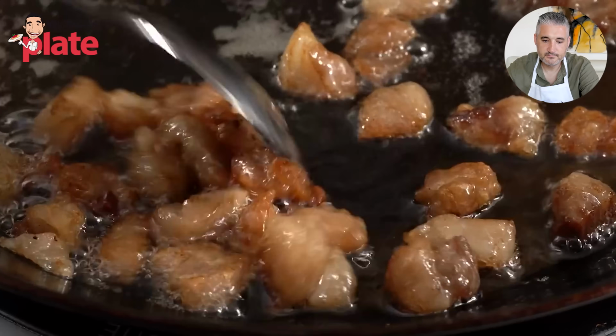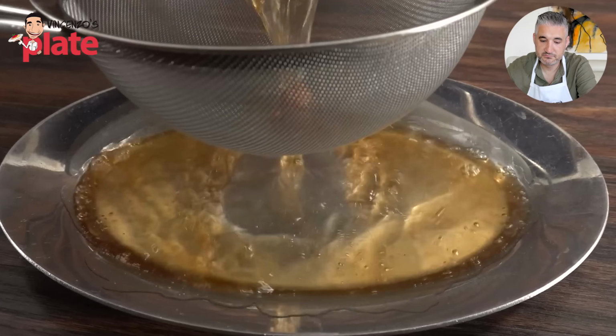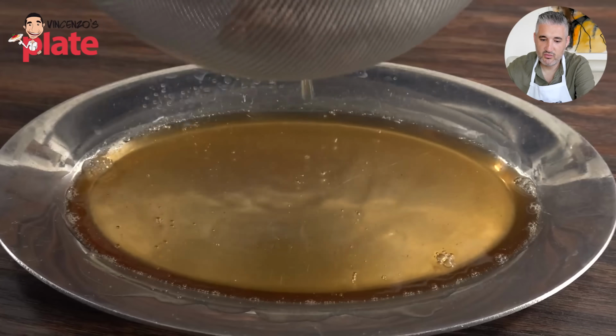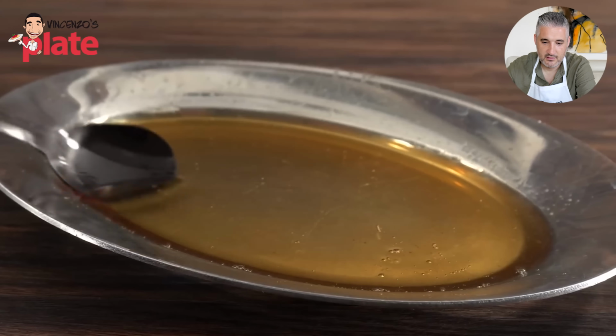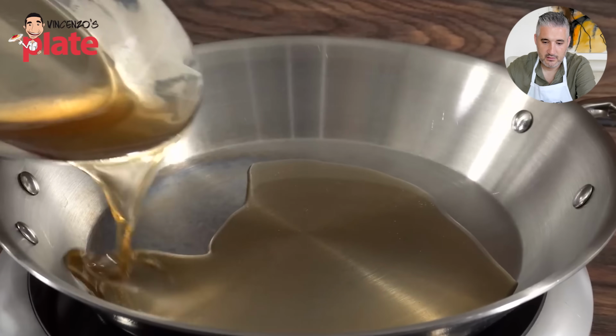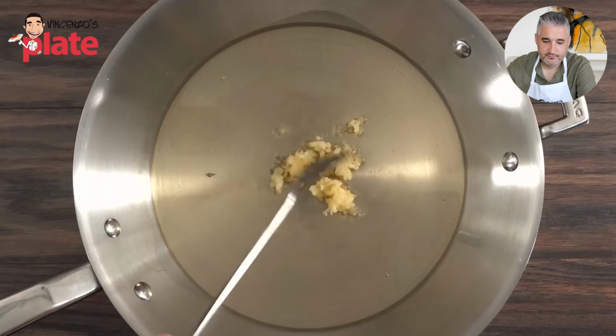As you can see, in the end I was left with a good amount of Japanese Wagyu A5 dry aged fat. Wow, wow, wow. Now the next thing to do is to make an incredible sauce with that Wagyu fat. First, I added the Wagyu fat right into the pan. Then I added a good amount of fresh...